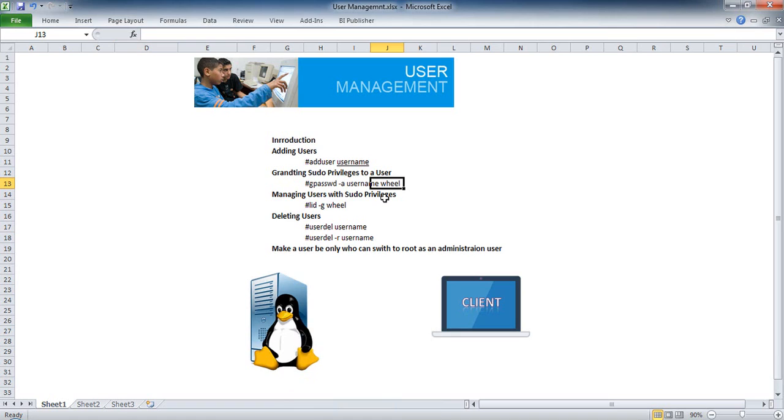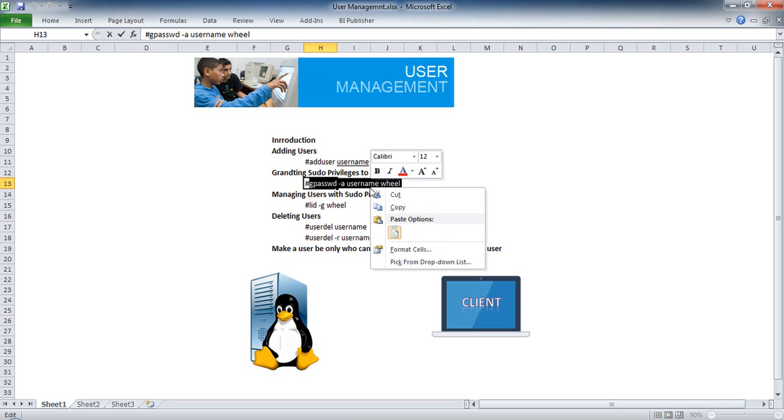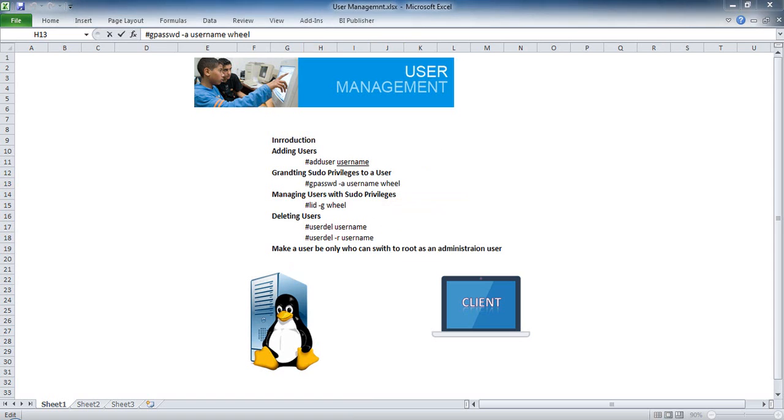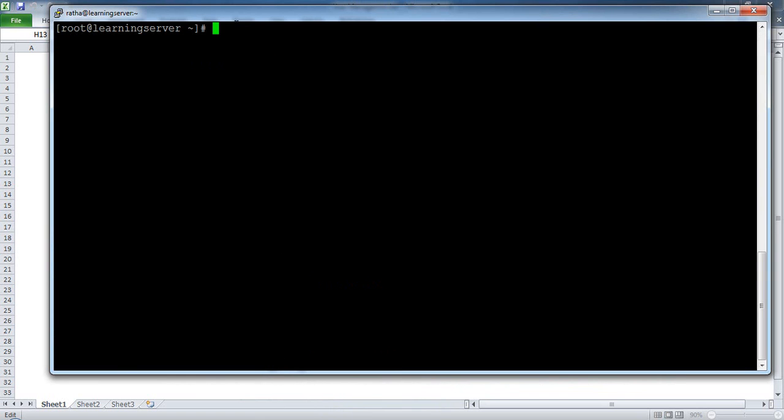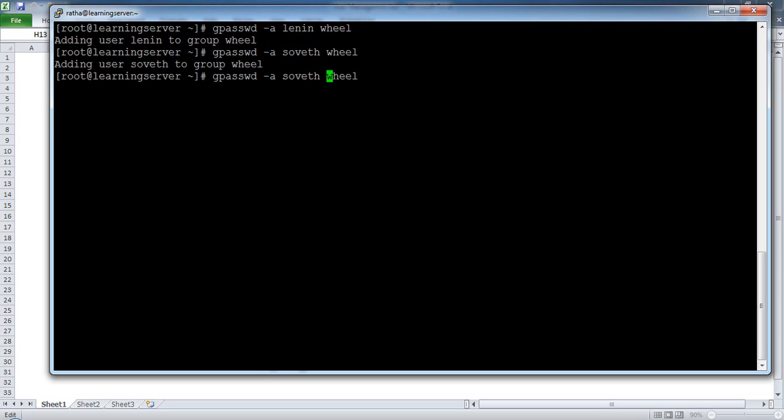I will give you a further explanation in the last step. So just implement this command. I just copy this one, and let's put the username here. First username is Lenin. Okay, adding user Lenin to the group, then Soviet. Okay, one more is